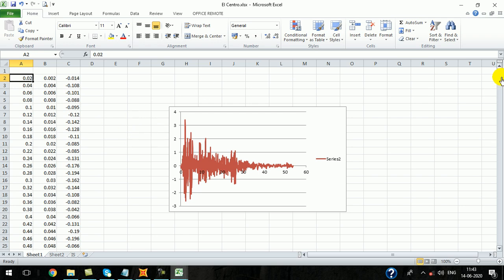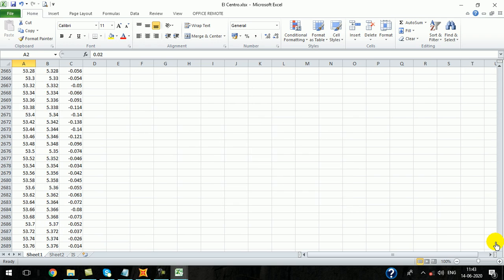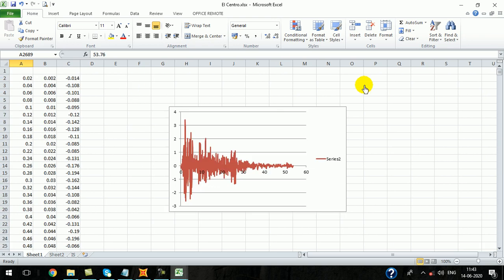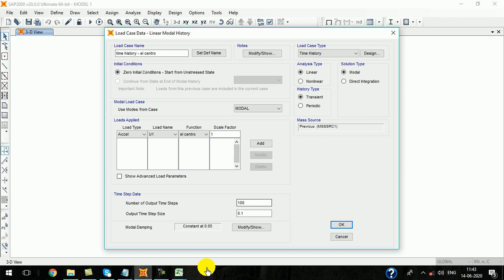Now the total time is 53.76. Total duration 53.76 divided by time step 0.02, so the number of steps will be 2688. Here it is already in meter per second square, so I don't multiply this value by 9.81.